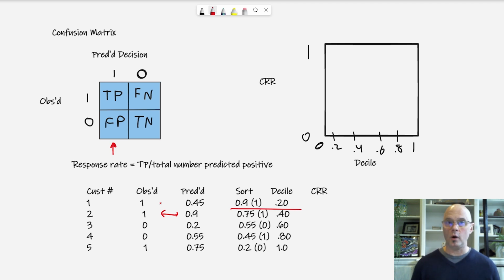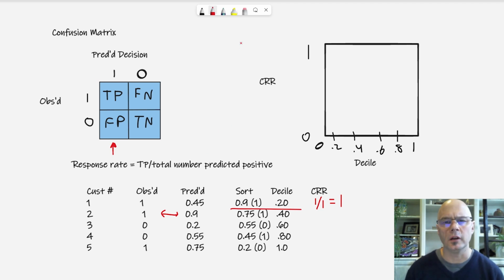Well, we captured one person, we're labeling them as a 1. Historically, we know their observed outcome was a 1, so my cumulative response rate up to that decile is 1 out of 1. I've correctly captured one case that was a known 1 out of 1 captured. The cumulative response rate is identically 1 at a depth of 20%.